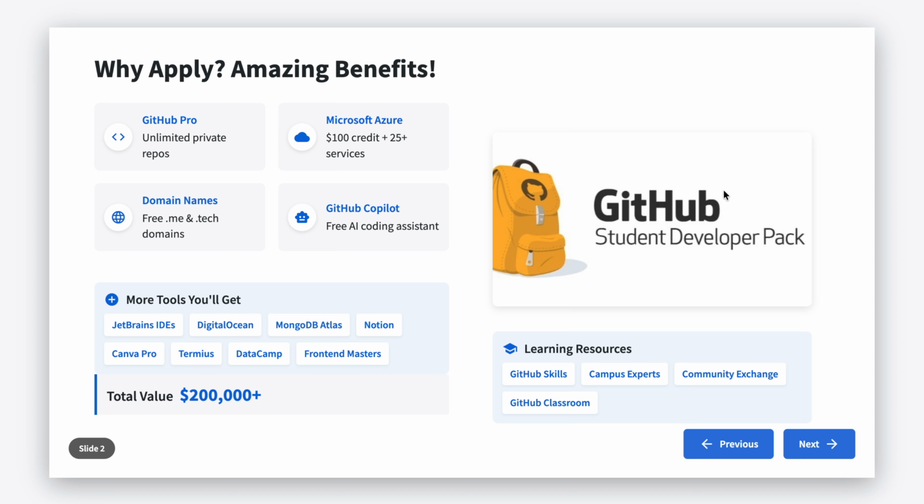The GitHub Education pack, that is the Student Developer Pack, gives you access to over 100 different developer tools and services with a combined value of $20,000. That is more than 1.5 crore rupees worth of software and services for absolutely free. Some of the most valuable benefits include GitHub Pro for unlimited repositories, agentic AI, Microsoft Azure credits worth $100, that means around 8,000 rupees, free domain names from Namecheap, and access to premium development environments like JetBrains IDEs,